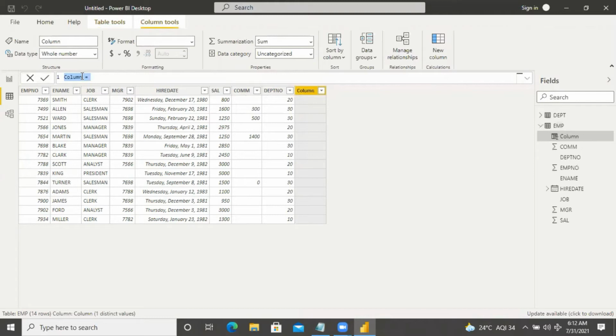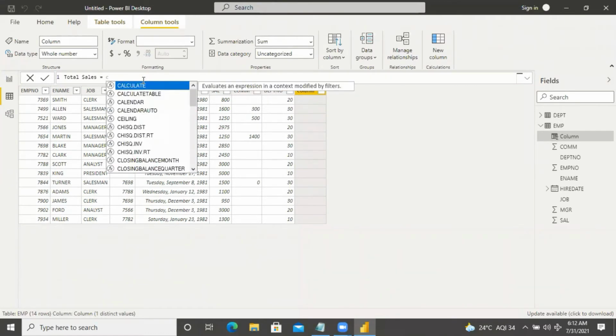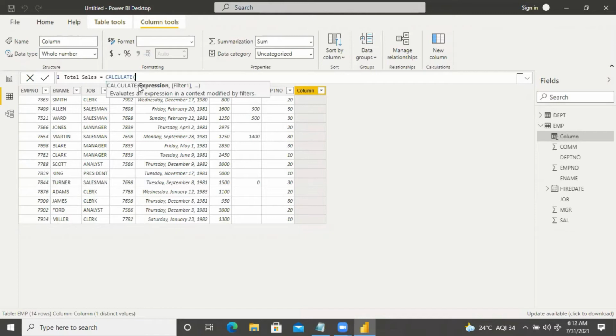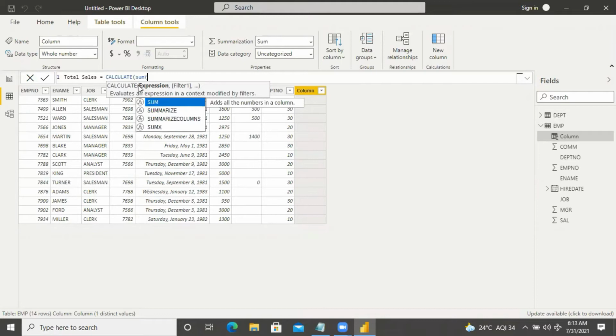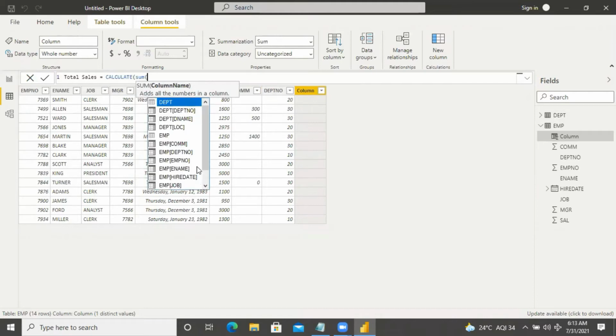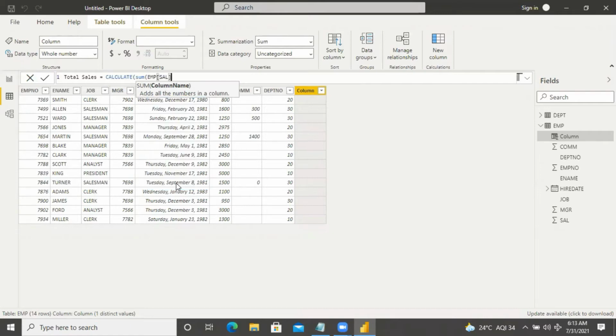Here I'm applying the SUM function inside CALCULATE. I'm customizing the column name, like Total Sales. Then I'm using the CALCULATE function, and in place of the expression I'm taking the sum of EMP salary.